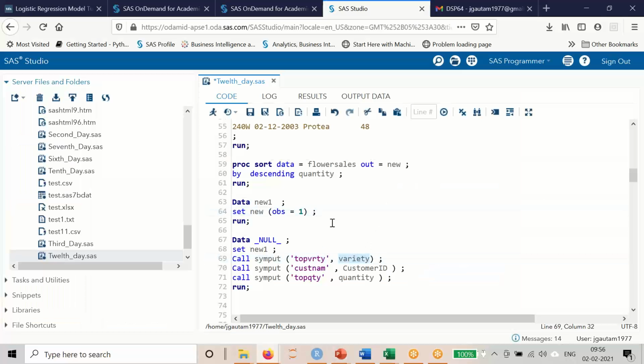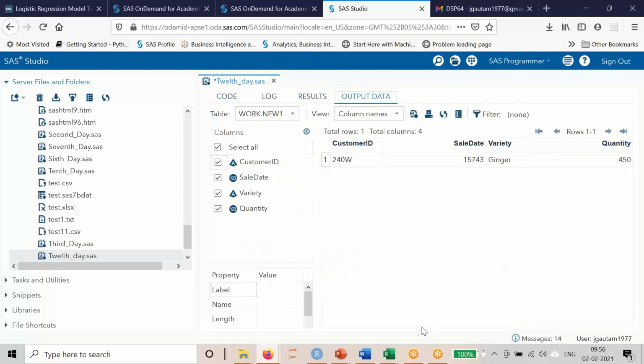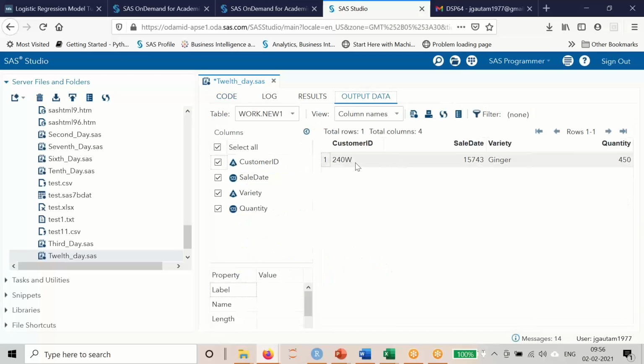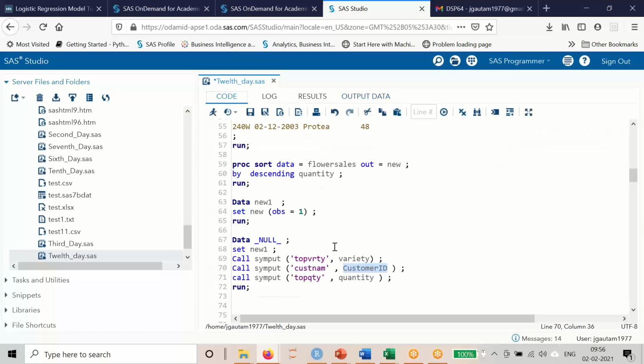So value will be picked from this data step, right? So variety की वैल्यू क्या पिक करूंगा मैं? जिंजर, राइट? वैसे कस्टमर आईडी की वैल्यू क्या पिक करूंगा? 240W. So now you know why I picked up only one row, because एक टाइम पे एक ही वैल्यू पास ऑन हो सकती है।